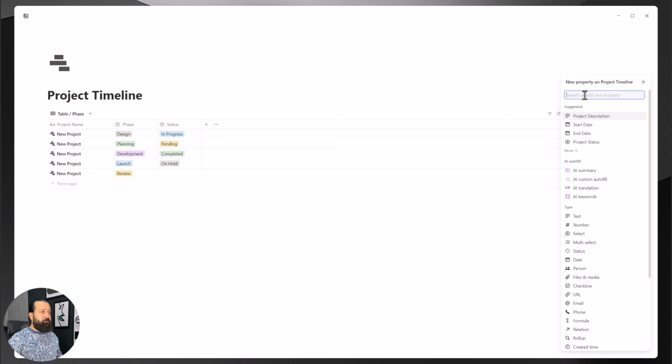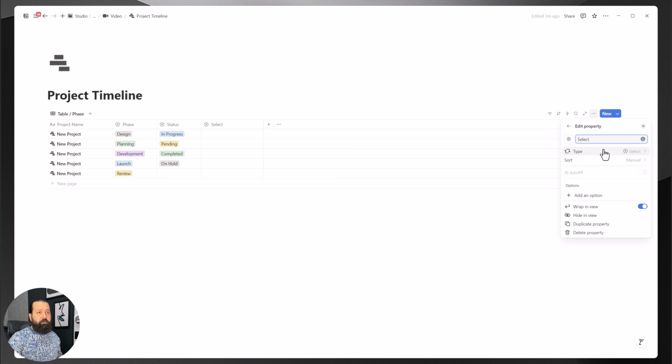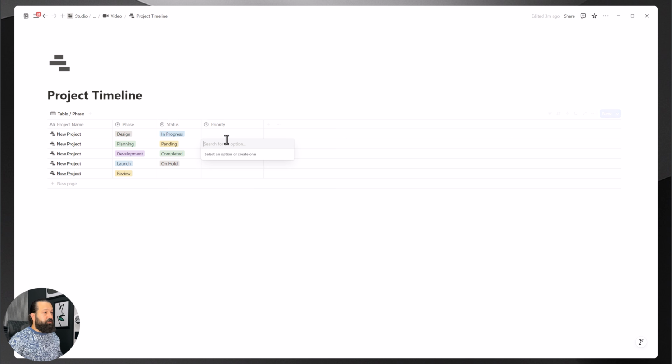Moving on to priority next. For priority, we'll use another select field. This lets us create nice preset options that we can easily choose from when organizing our tasks. Oops, forgot to name it. There we go, priority. Now let's add some priority levels that make sense for organizing and tracking our different tasks